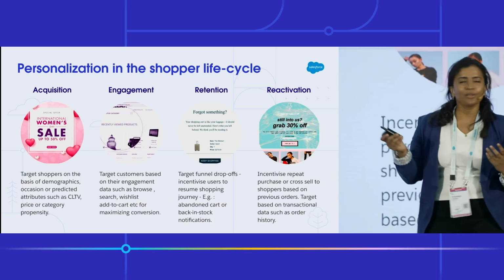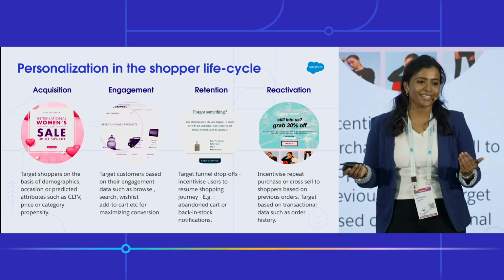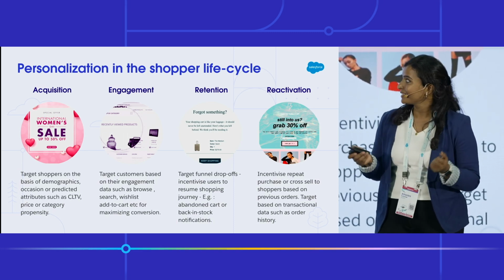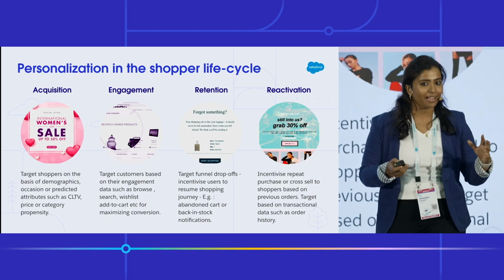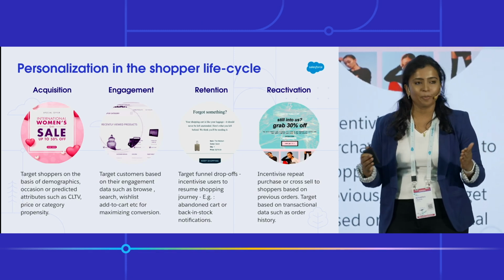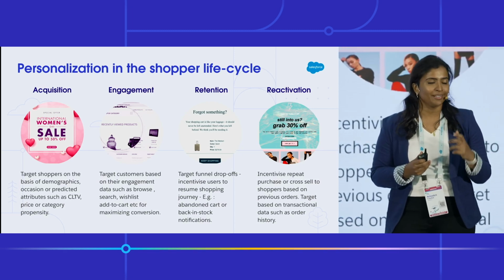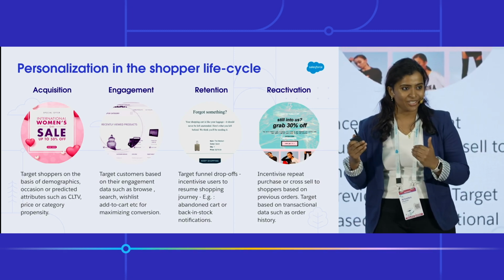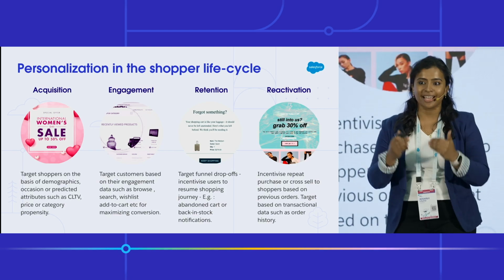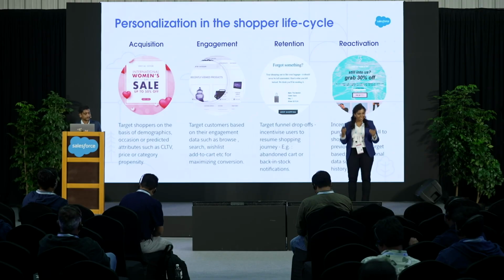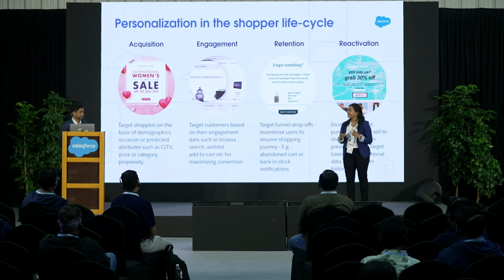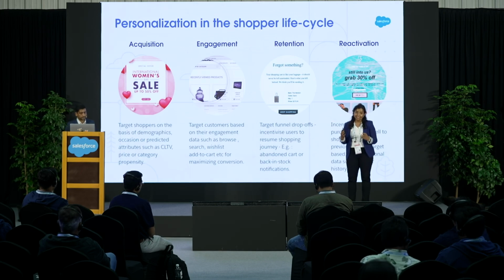For example, let's say you launch a new collection for women that's targeted for women in Bangalore that are from a specific age group, and you launch it on Women's Day. So this is a classic example of how you would drive traffic towards the selection by targeting your promotions and personalizing the storefront for that specific group of users that you think would be most interested in your selection.